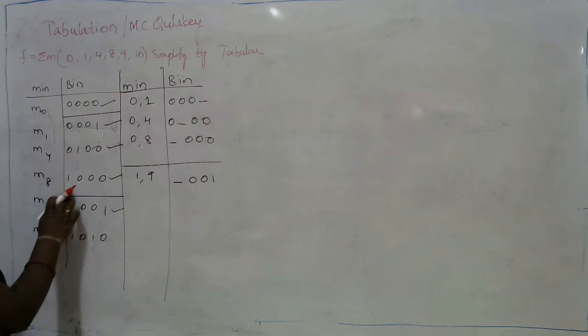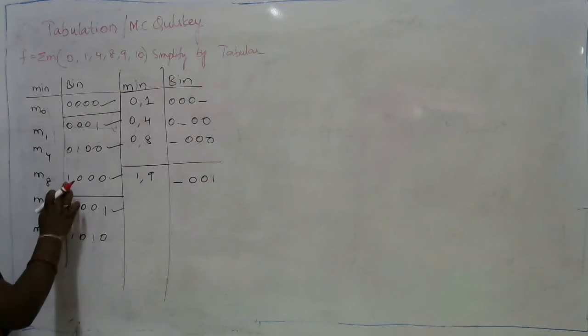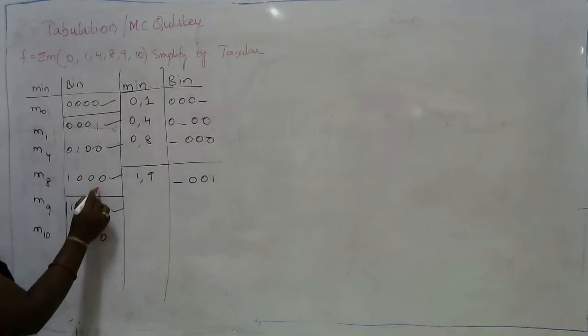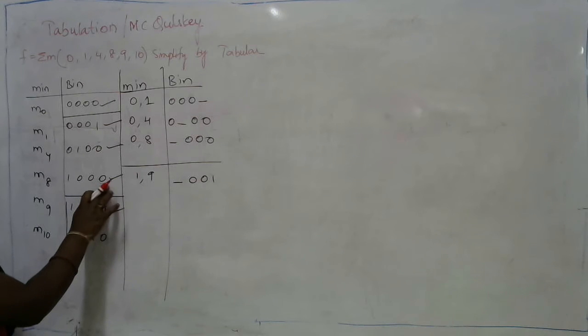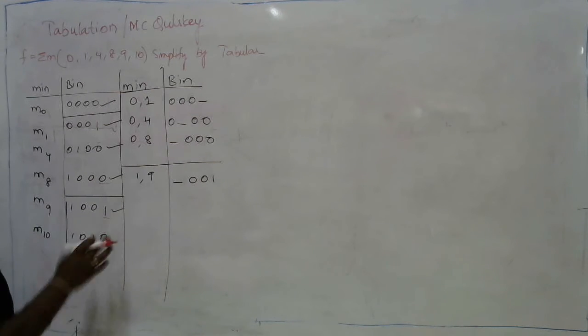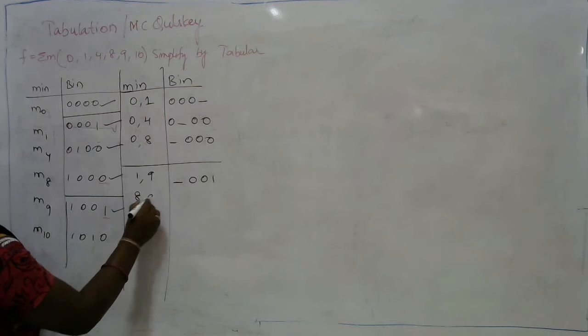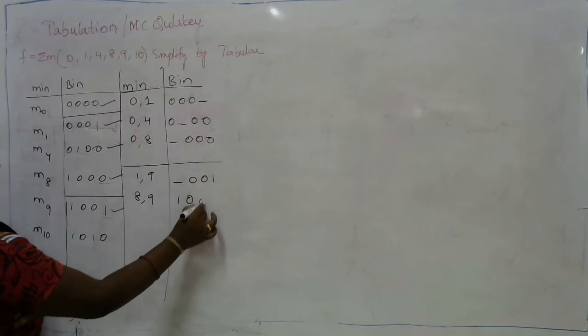Similarly, then go for the next minterm which is 8. Compare 8 with 9. If you are comparing 8 and 9, there is a change in the single bit position which is nothing but the last bit position. So, as a tick mark is already present at 8 and 9, no need to keep any tick mark over there, but you can write down 8, 9. The corresponding change is 1, 0, 0, blank.